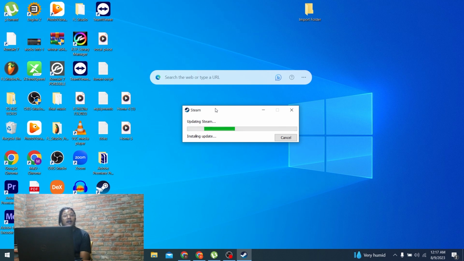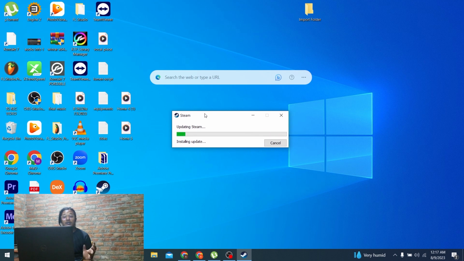And with that being said, this is how you download and install the Steam gaming software on your laptop